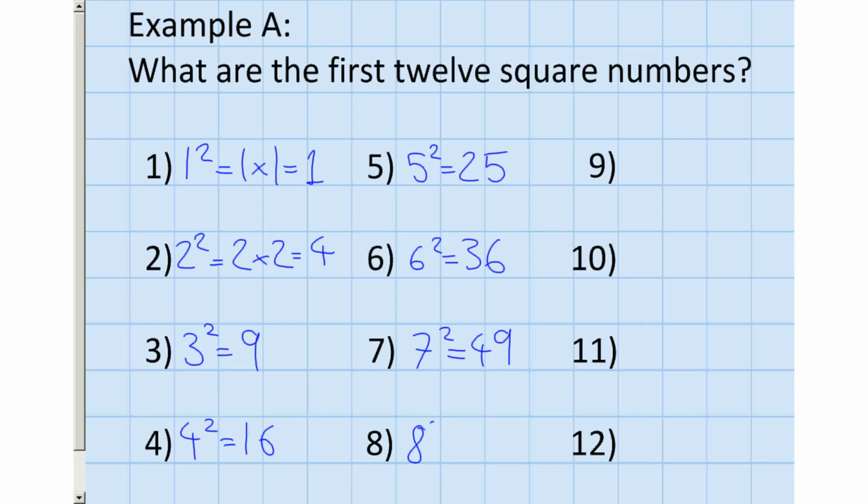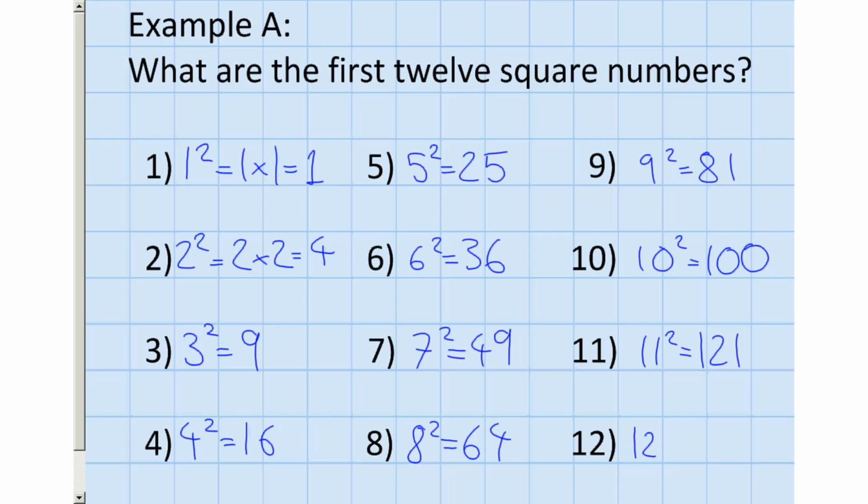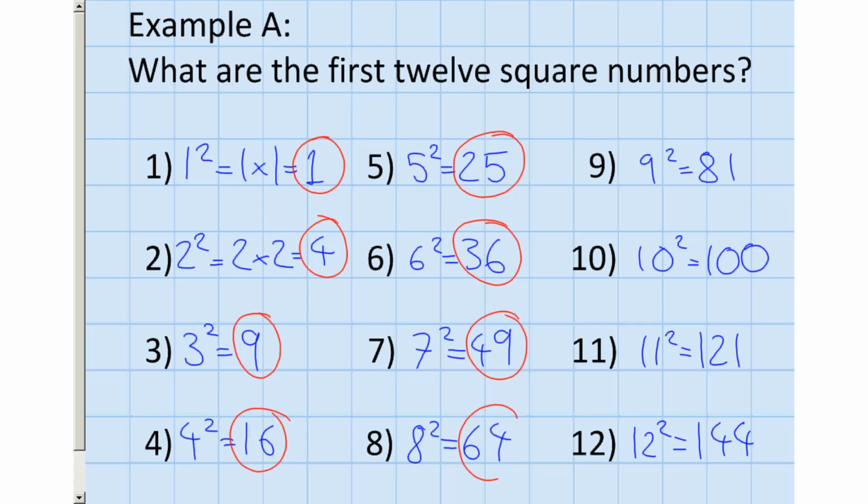8 squared is 64. 9 squared is 81. 10 squared is 100. 11 squared is 121. And finally 12 squared is 144. Now as I say, these numbers 1, 4, 9, 16, 25, 36, 49, 64, 81, 100, 121 and 144